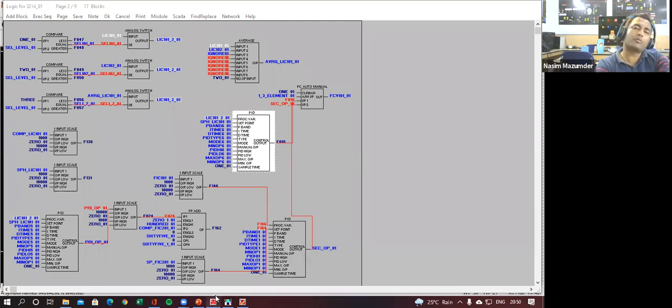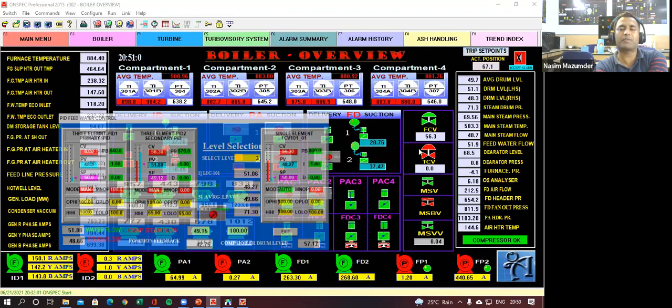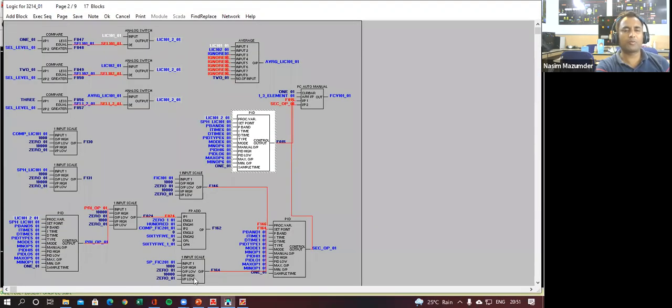Now, which one exactly is maintaining the drum level? The drum level is controlled through this FCB. So I have to find out which is the output for this FCB. If you go here, you can see this is the output, FCB 101 underscore 01.